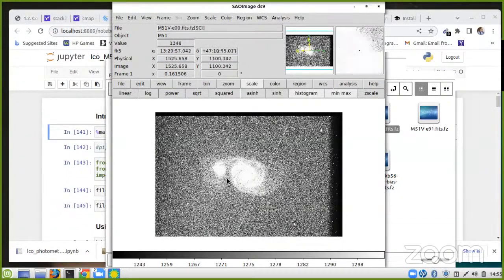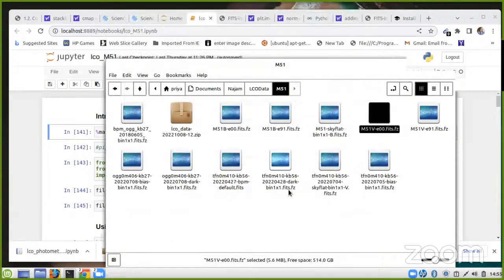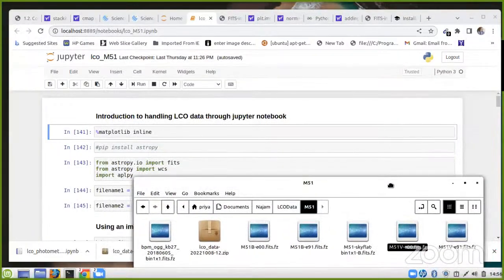So if your CCD has such issues, then the best that can be done is you take a third image, you take an image and shift it, so that the same part of your galaxy doesn't fall on this line all the time, right? This was not visible if you notice in the other picture. Okay, so this is through DS9, but we will try to do